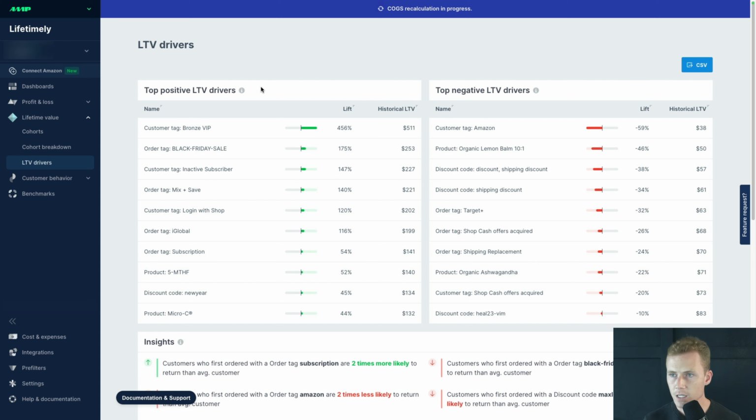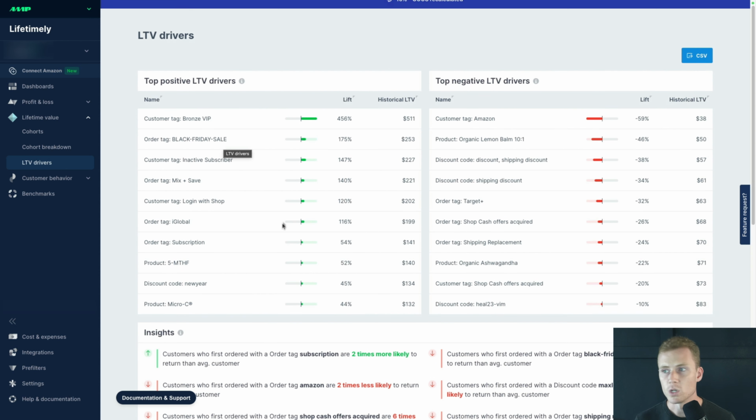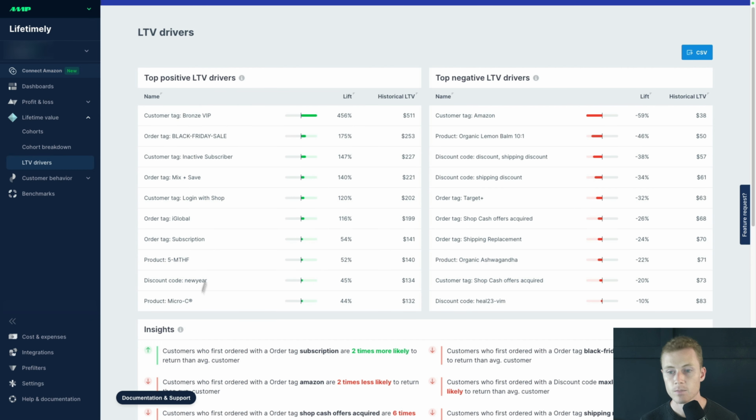So here is your LTV driver report, which shows from Lifetimely what the top positive LTV drivers are. So if the customer tag is a bronze VIP, that's a 456% lift versus the standard. And again, you can see customer tag, you can see order tag, you can see product. So if the product was Micro C, that's a 44% lift. But you can also see the negative LTV drivers. So if the customer tag is Amazon, if the order tag is Target Plus, if the order tag is Shop